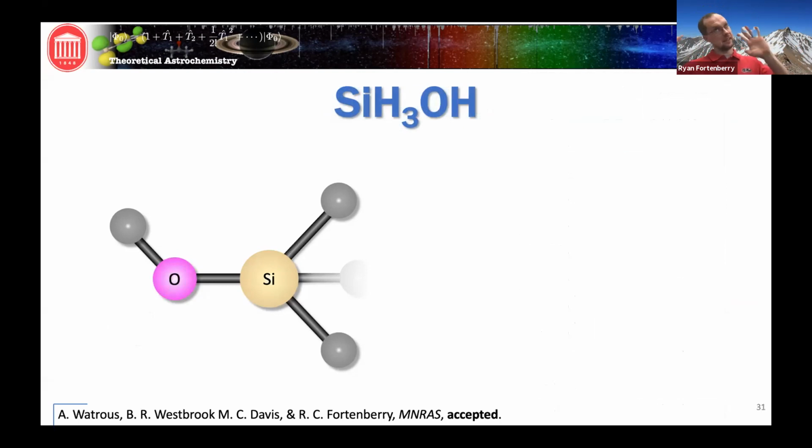Silanol. It's surprising to me that silanol has not been observed in the interstellar medium. There's lots of conversation about this because we think about carbon monoxide, then going on to formaldehyde, and then going on to methanol. We would think a similar process would take place on dust grains, but that has yet to be documented, where we've seen this desorb into the gas phase.